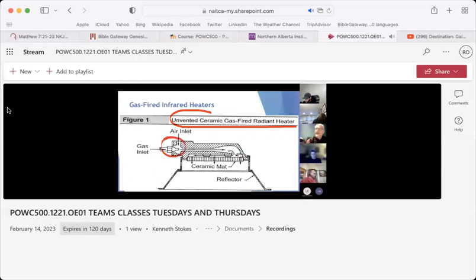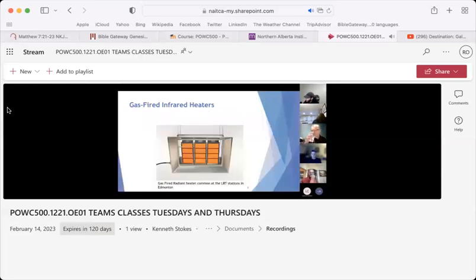So we have an air inlet and a gas inlet and some area for combustion. It heats up this solid surface, and then we get that radiant energy reflected down through the air to the objects below. And here's what it looks like when it's fired up and operating. So if you have a bus stop or an LRT station, you have outside areas heated with infrared